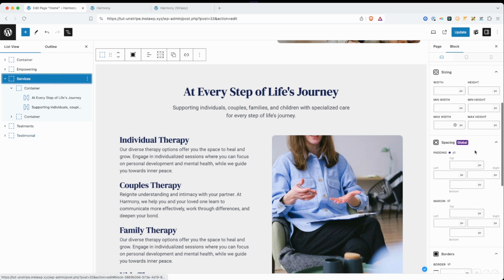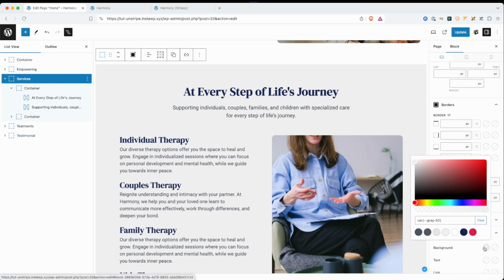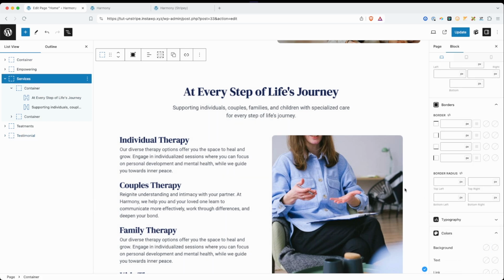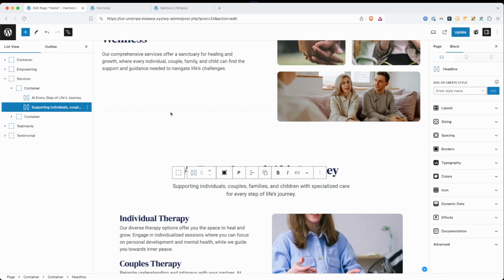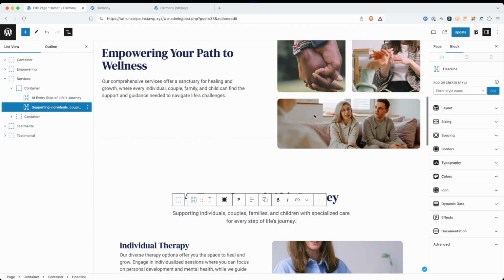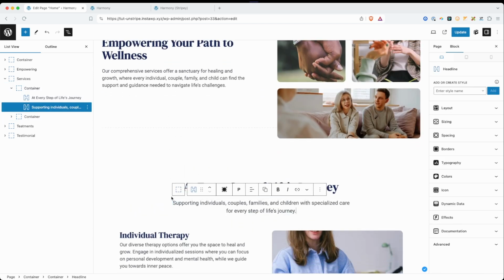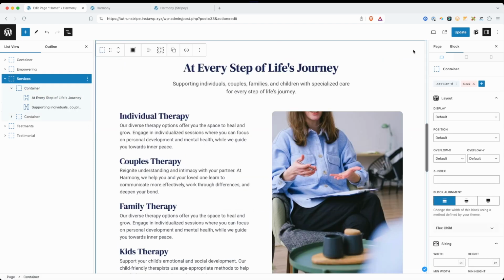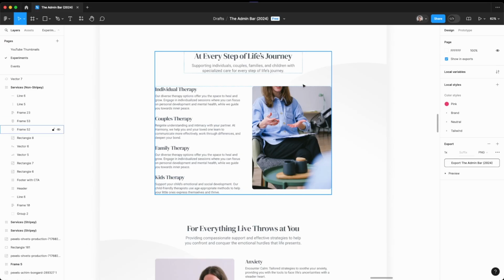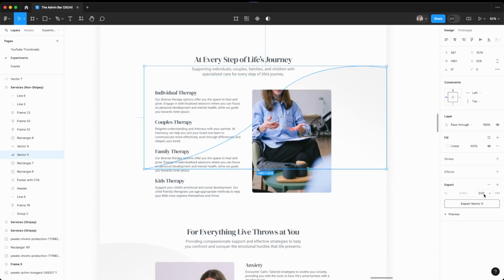So the first thing we need to do is just get rid of that gray background behind it. So we'll go ahead and clear out that background color. And we can see now that little dotted line in this section before it makes a little bit more sense and kind of helps separate this area over on the left. But what we need to do is bring in that shape over on the right. So I'll just go into Figma here and I'll scroll up, grab this shape, and I'm going to export it